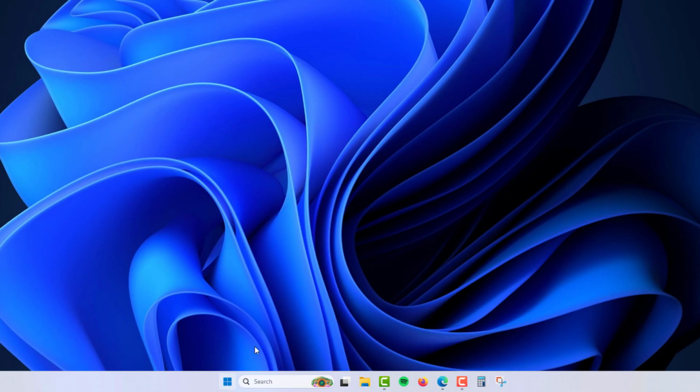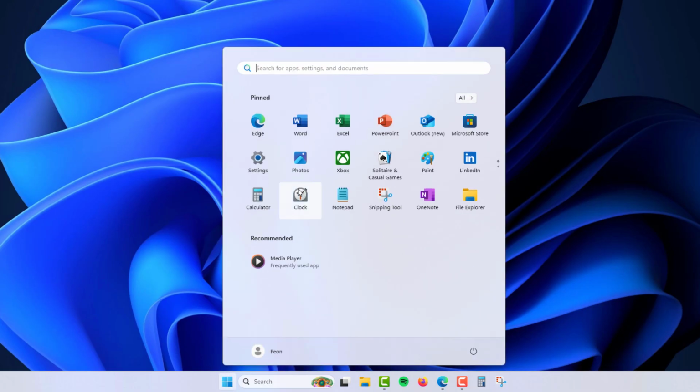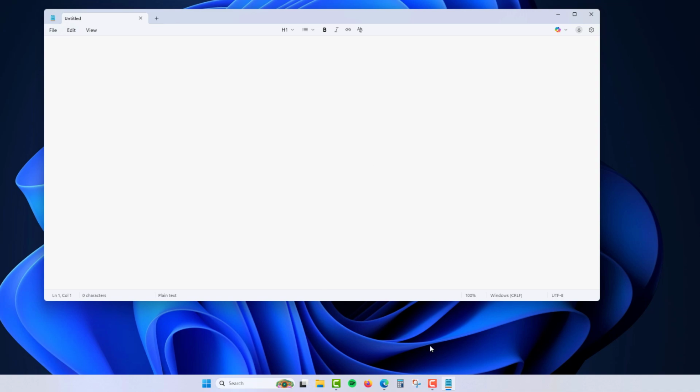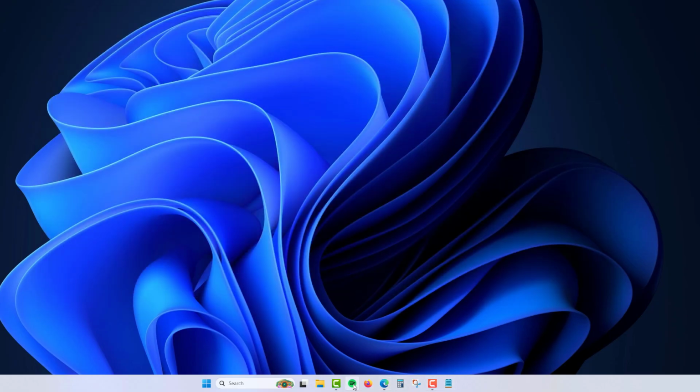Now that's one way to do it, by opening the app itself. Let me do one more. Notepad. Here's Notepad, right click, pin, and then you can close out the app. So they're just there available. That way when you have something open,